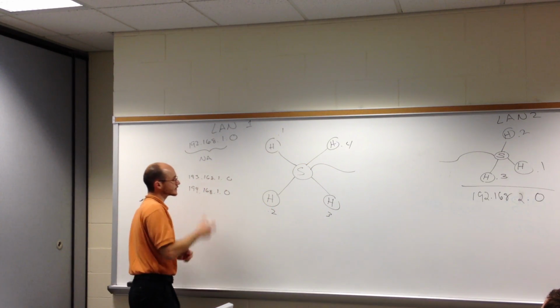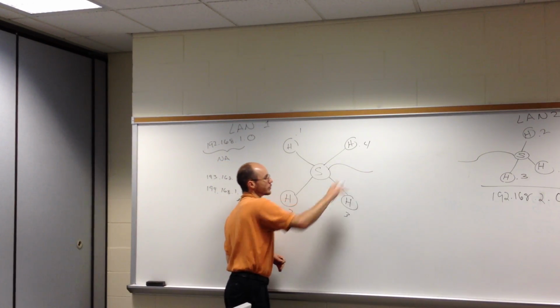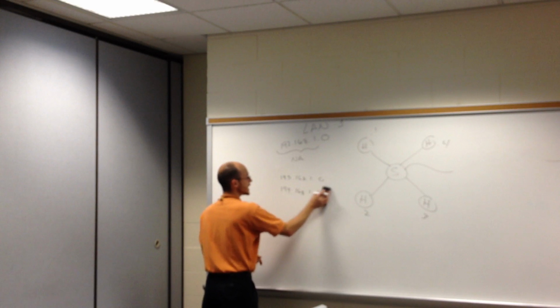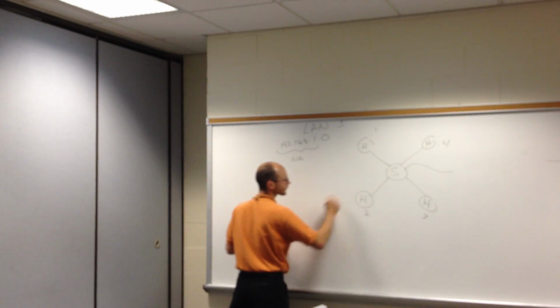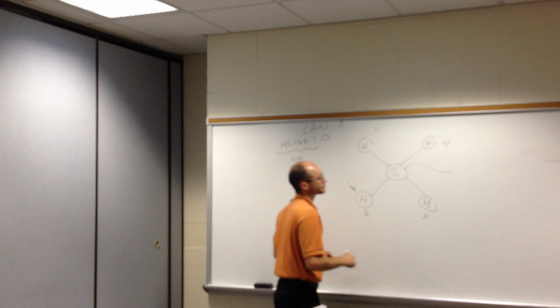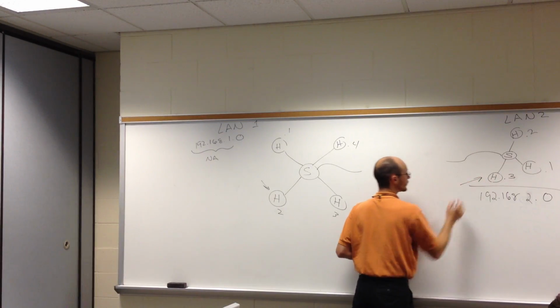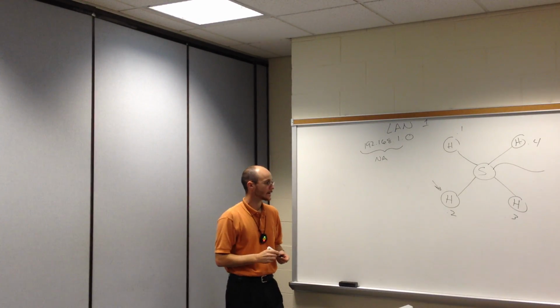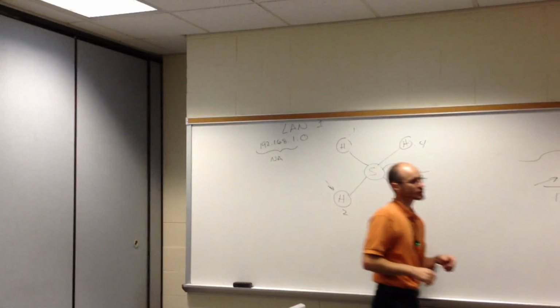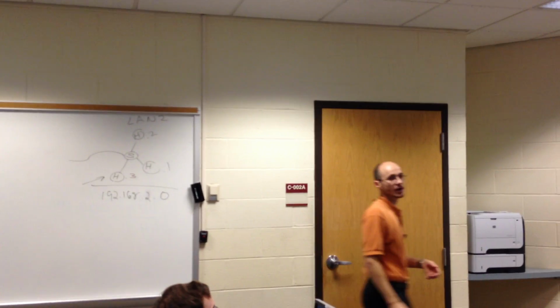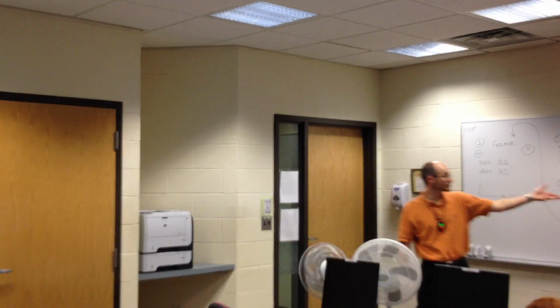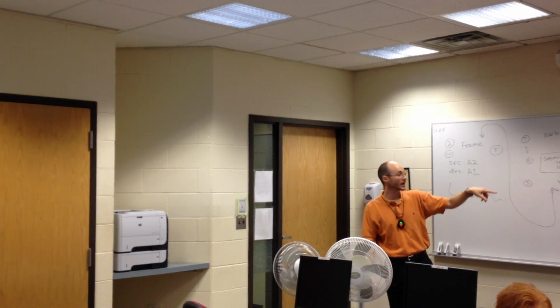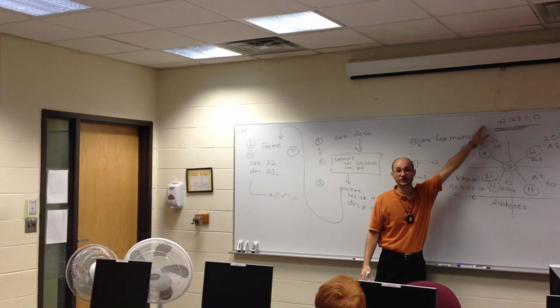Now, let's talk about local delivery and remote delivery. If this particular host wants to communicate with this particular host, how's that going to happen? You're going to need a router with a default gateway to get out of the network. Earlier, when we were doing this demonstration on devices communicating on the same network, I had to have physical addresses, and they all had to be connected to one switch. And I had to make sure that they're all using the same, what? Network address? They're all part of the same